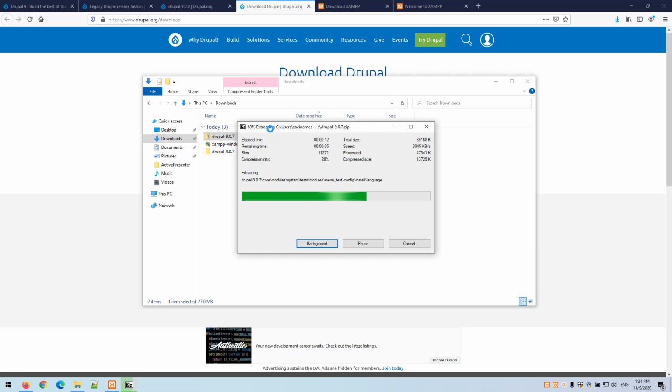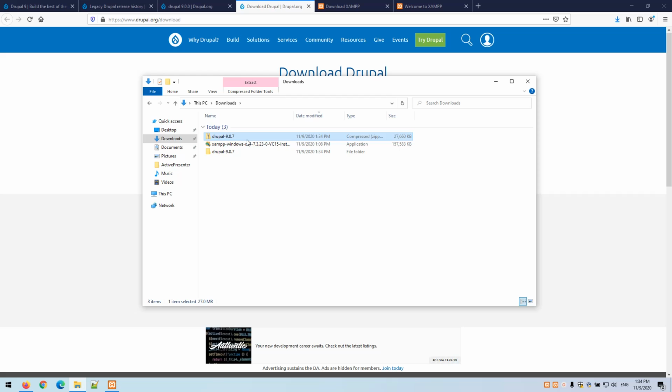The Drupal package consists of a lot of files from other libraries, so it might take some time. Okay, now we can, for example, rename the folder to Drupal 9, and because we will build a blog website later, we can rename it to Drupal 9 blog, which will be the URL as well